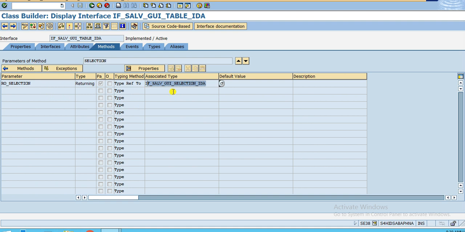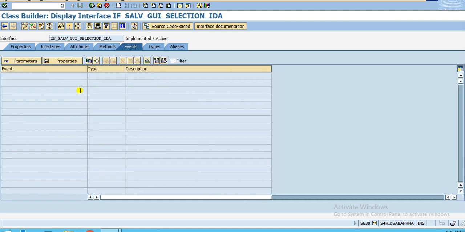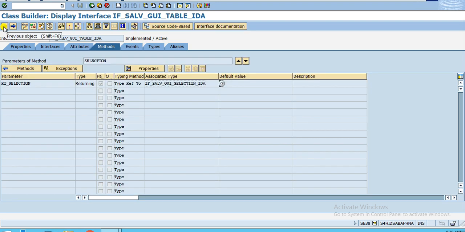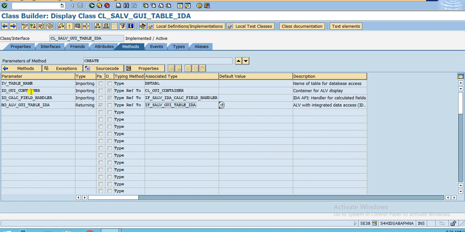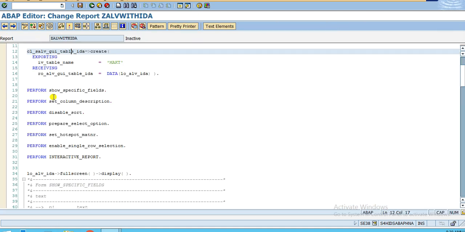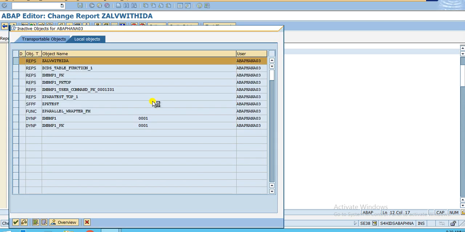Maybe for the toolbar it will be there, because here you can see there is no event. So we'll not be able to use this one. There must be some event. Okay, so come over here and we will see for the toolbar, because that select option, that my requirement, let me once again just activate this one,